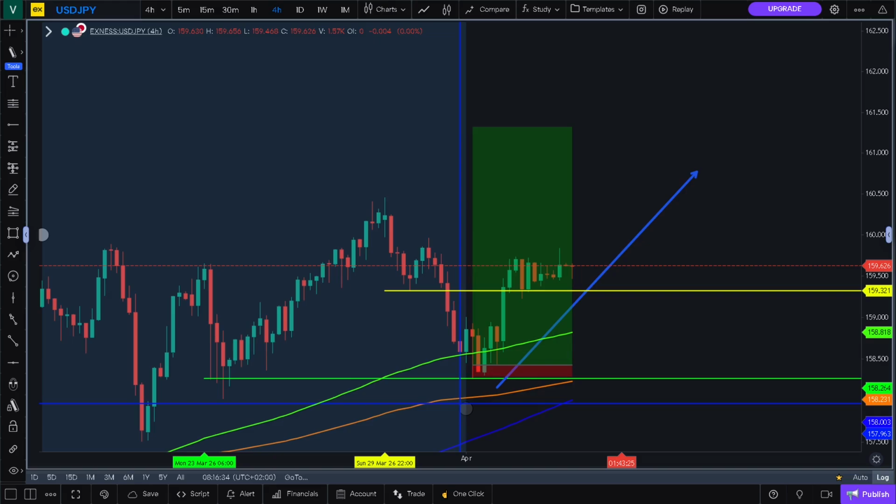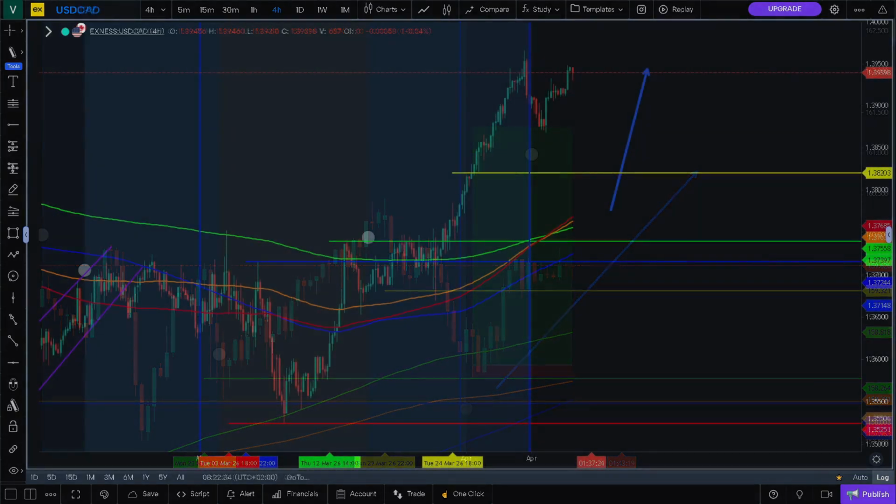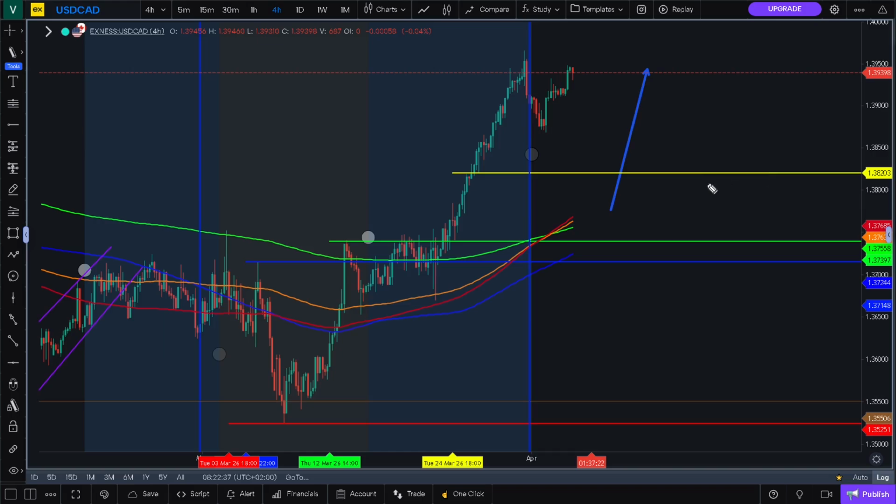Let's go straight to the last but not least, the US dollar and the Canadian dollar. Just like last week, we did not trade this pair. Why? We didn't trade because it did not reach our 14-day liquidity, nor our wave liquidity, or our monthly liquidity. It just went up. It's still inside this, with no break to the upside to give us a retest and then continuation to the upside. So for now, this is not the greatest pair to trade. We are not interested in this.